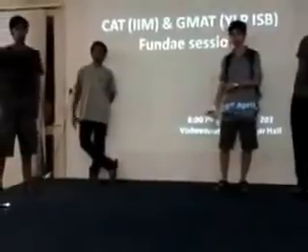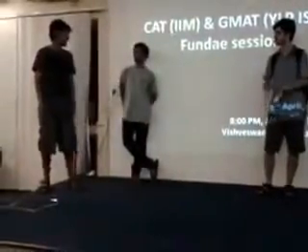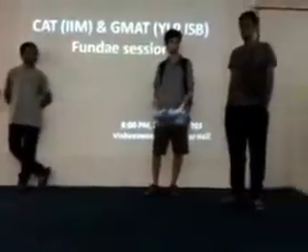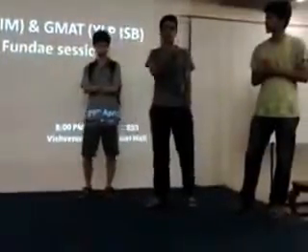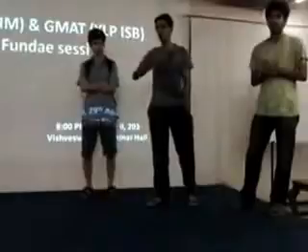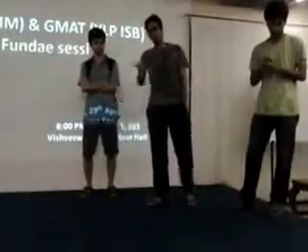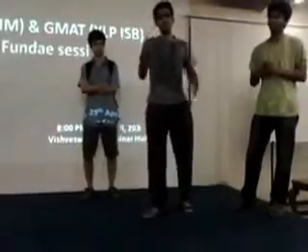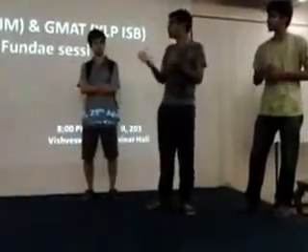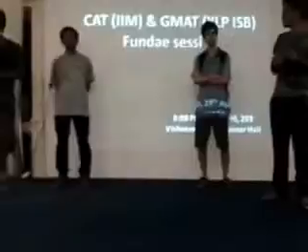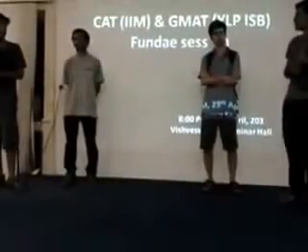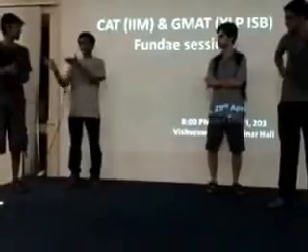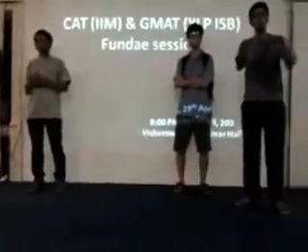Yeah, this is the most crucial part, I guess, of the Fundae session. Preparation. Right now the CAT we wrote was in 2 sections. This is for people who have not known anything about CAT, which I was part of. Basically the CAT paper is divided into 2 sections. How many questions? 30. 70 minutes per section, 30 questions. You cannot use time from one section for the other. First, 70 minutes you will have